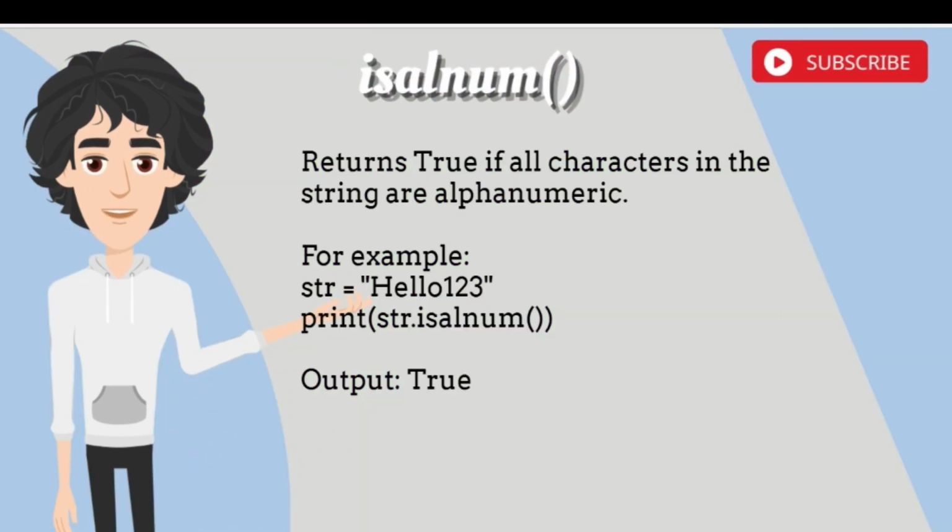Isalnum. Returns true if all characters in the string are alphanumeric. For example, str equals hello123. Print